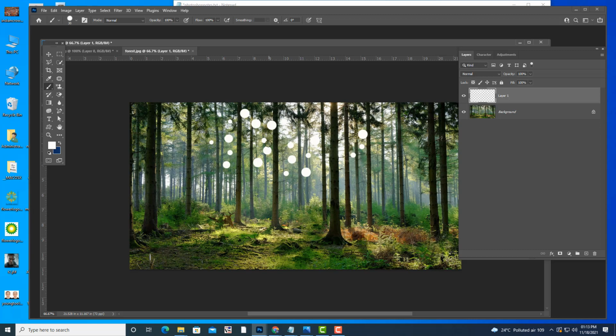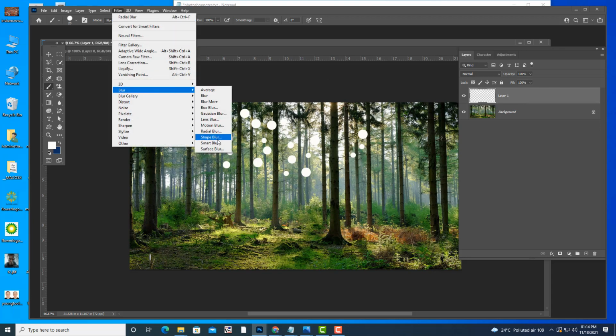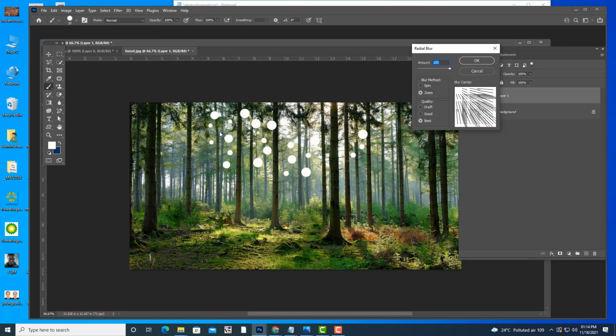Okay, so I have created different circles like this. If you want, you can create more circles. Then I am going to apply radial blur to this. Just go to Filter, Blur, and Radial Blur. We can actually change the direction like this, and then we just click OK.